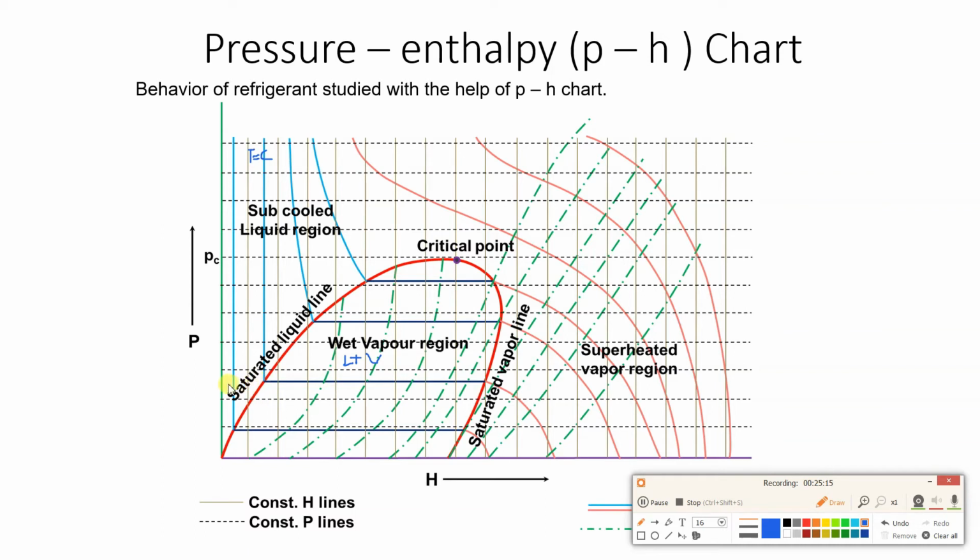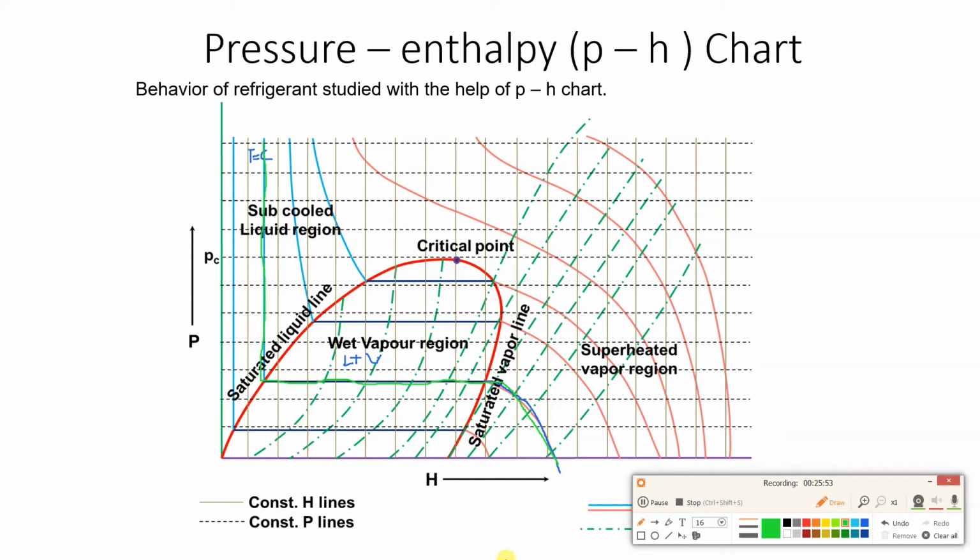So here you can see on the y-axis, during this latent heating phase, pressure remains constant, and this is the constant temperature curve which we are following. So what is the nature of the constant temperature curve? In the subcooled liquid region it is vertical, in the wet vapor region it is horizontal, and if you consider the superheated vapor region, you can see the nature. This is the constant temperature curve. This is the way in which you have to follow it: vertical here, then horizontal, and then curved like this.